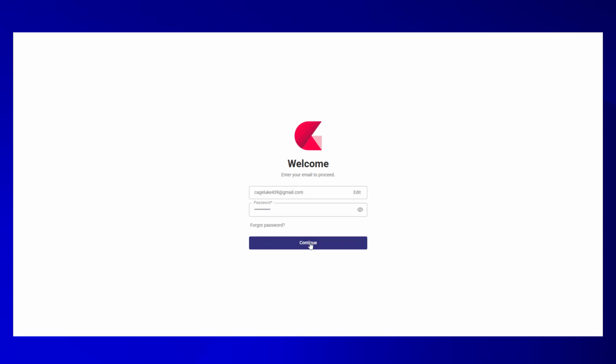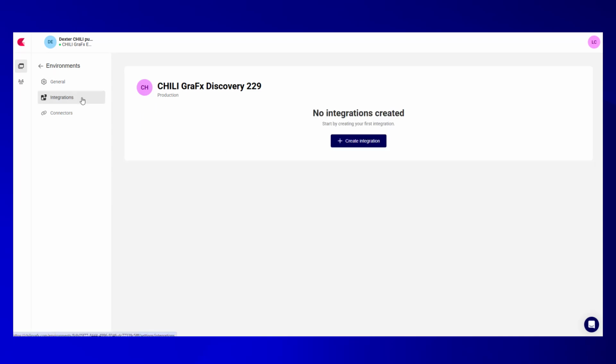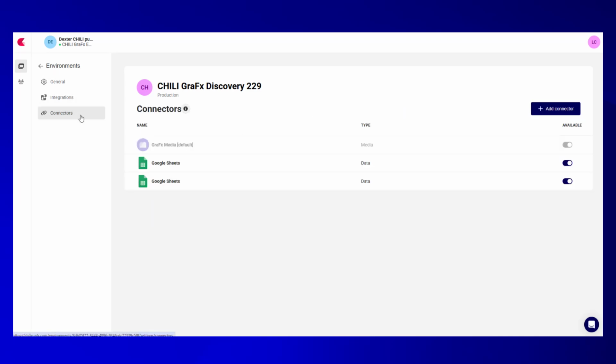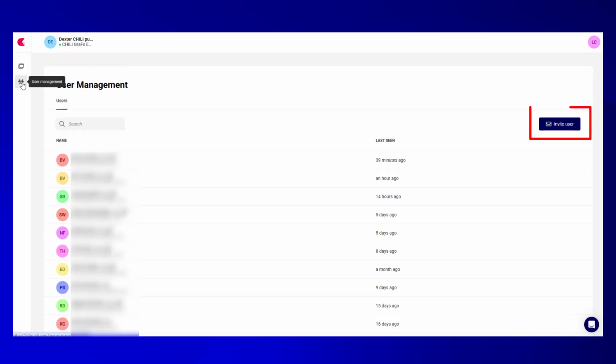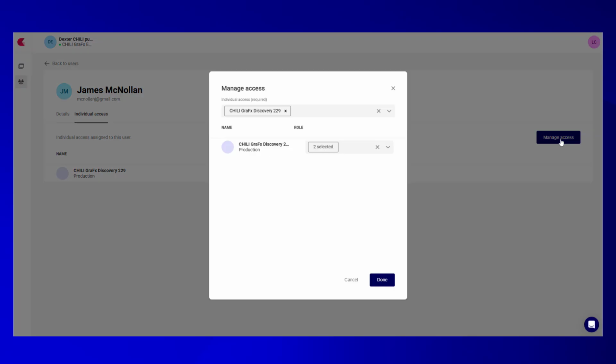Once they log into CHILI GraFx, environment admins will be able to access the environment or environments they've been assigned. They can access their environment settings, such as integrations and connectors. They can also go to user management, invite users, and assign end users and environment admin roles to users within